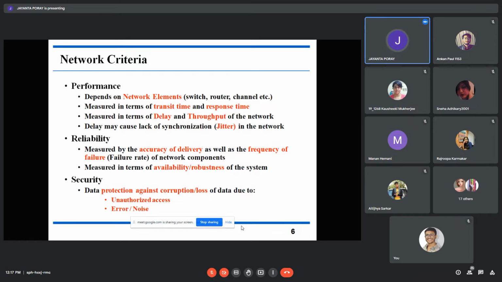So you know what is throughput? All of you know what is throughput. Delay, I think you know. It is the delay factors to transmit a particular packet from one point to another, the time taken to transmit it. Not only the transit time and response time, but also the delay due to congestion in the network. So the delay can be added with the transit time and response time due to the congestion of the network. The throughput is the